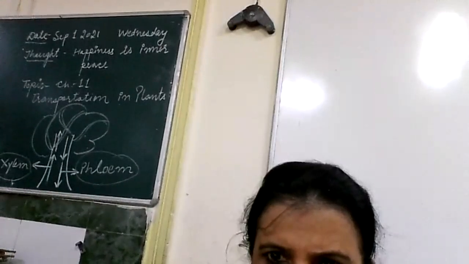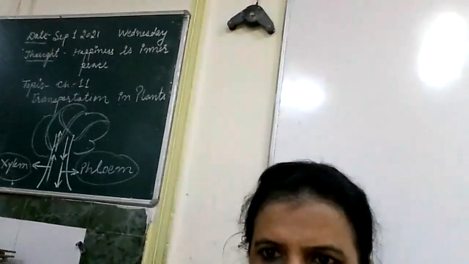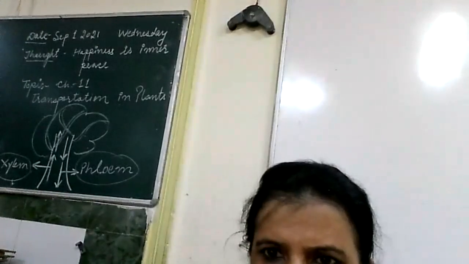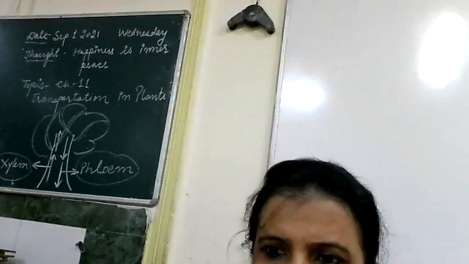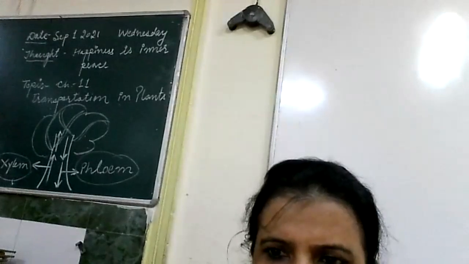Can you see? Yes, we are able to see the red color. Red color in the stem. What about the rest, children? Are you able to see? Ma'am, yes. Yes. When this experiment takes place in 2 days. Okay. Very good, Nabil. Well done, initiative taken by you, beta. Very good.